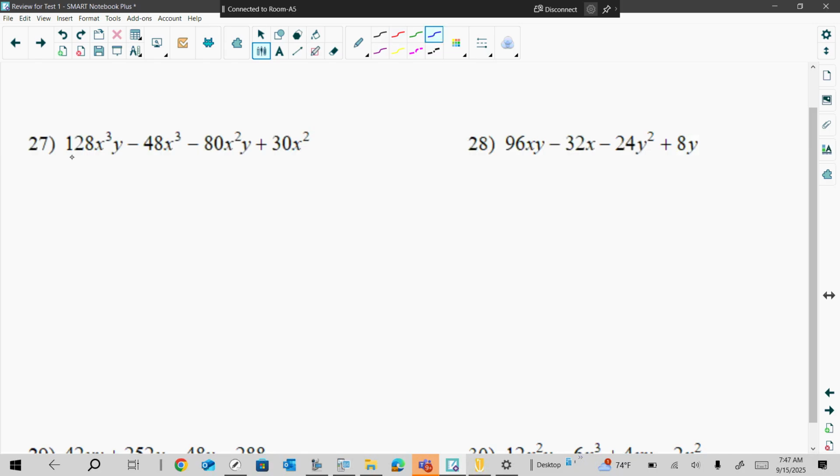Okay, you do want to check your numbers to see if there's a GCF between them. So you're going to have to probably do 2 at a time and then get that GCF and check the next 2. But I can see right off the bat there's an x cubed y, an x cubed, x squared y, and an x squared, so they all have an x squared in common. What you're going to need to do is check the number. So if you do your math,